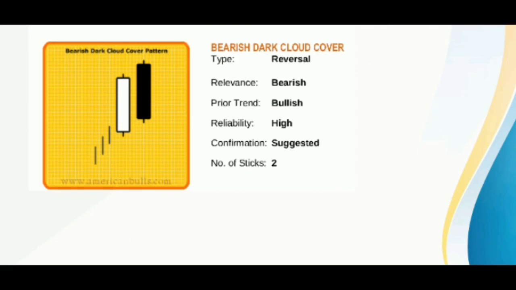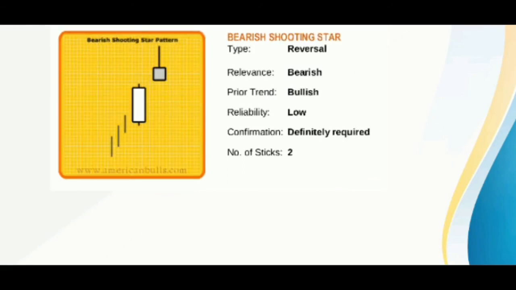Ninth candlestick is bearish shooting star. Bearish shooting star pattern suggests that prices may be approaching the top. It looks like its name, a shooting star. The shooting star is a small real body characterized by a long upper shadow which gaps away from the prior real body. The shooting star simply tells us that the market opened near its low, then prices strongly rallied up, and finally prices moved down to close near the opening price. In other words, the rally of the day was not sustained.